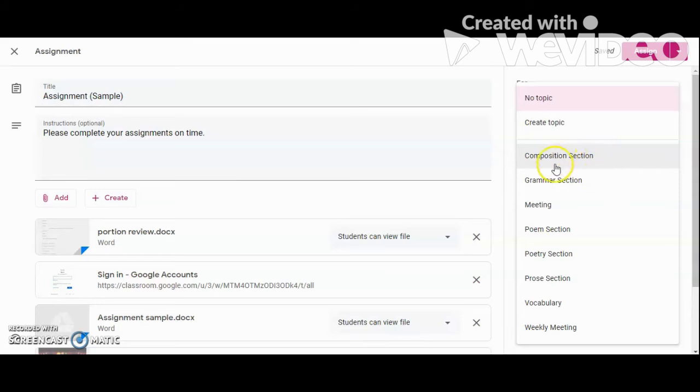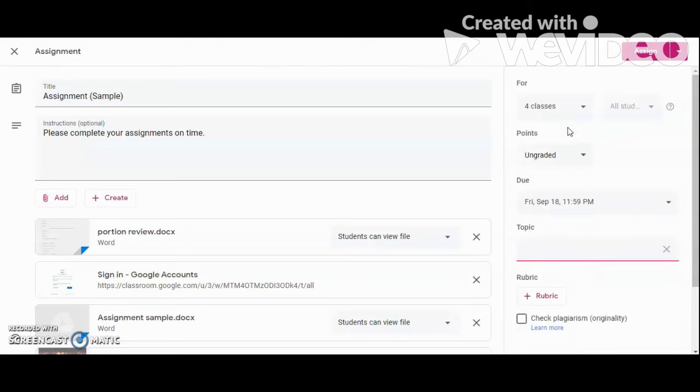Topics. These are the topics that are made by me. So these options will not be provided to you by Google Classroom. You have to create one for yourself. So you can create a topic. For example, if I create a topic like sample, then this topic will be created. I'll explain it to you what exactly this does. So that's it over here on this page.